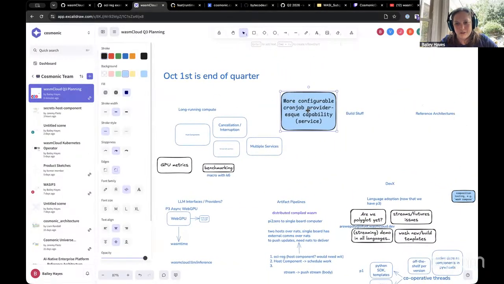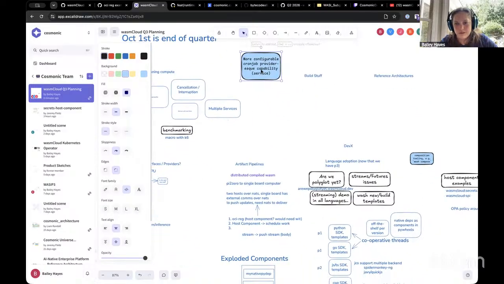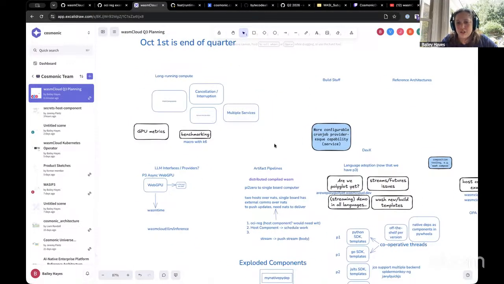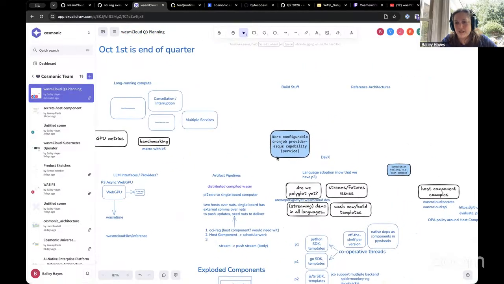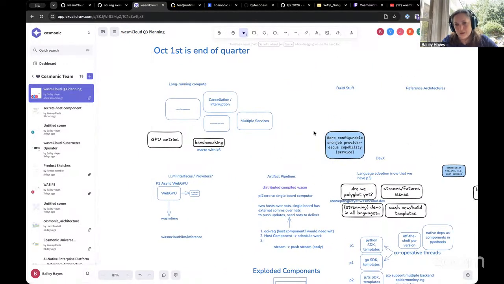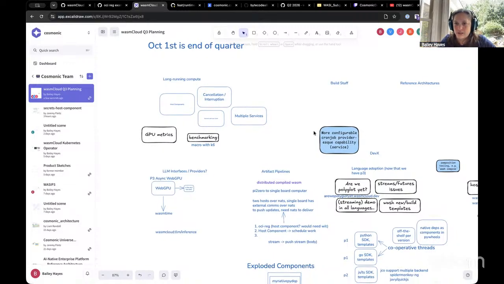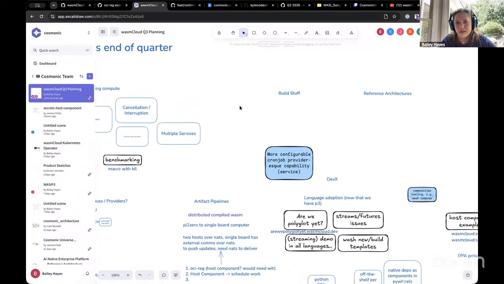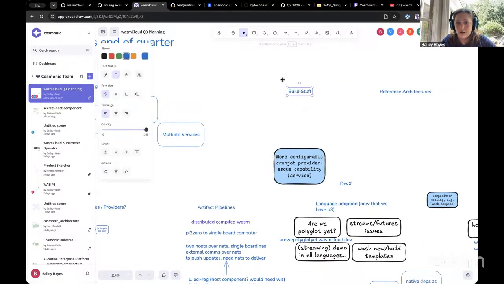So one I just copied over is a more configurable cron job. I'm going to put this over in this category. So I already jammed with a couple people on a couple ideas. We've already populated this board with some things, but what I'm going to do is encourage everybody to join me and add in some more stuff, and then we can talk through prioritizing and what we think is the most important as a community. But I'm going to start with what I think should potentially be our number one theme,